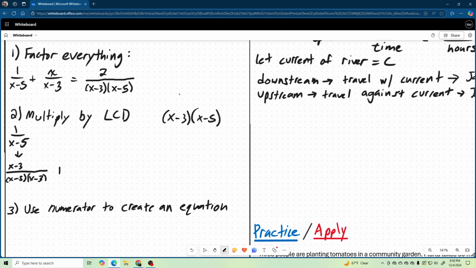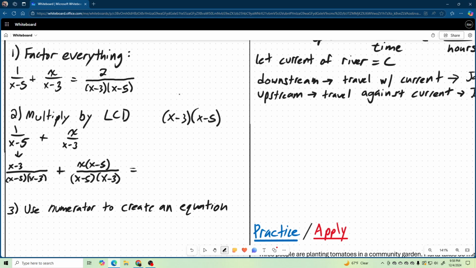So plus, and over here we had x over x minus 3. So plus this. Now here we already have the x minus 3, right? But we need the x minus 5, so we're going to multiply the top and bottom by x minus 5. So here we'll have x times x minus 5 over, we already had the x minus 3, right? So now we have the same LCD. So we have x minus 5, that's what we had to multiply by, and then it already had the x minus 3. So we have the same denominator here, and now our final piece is this one, which is 2